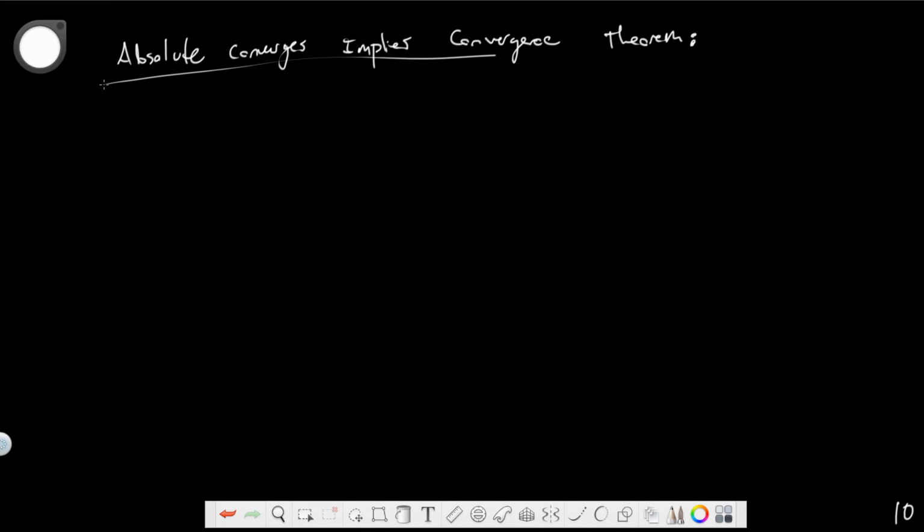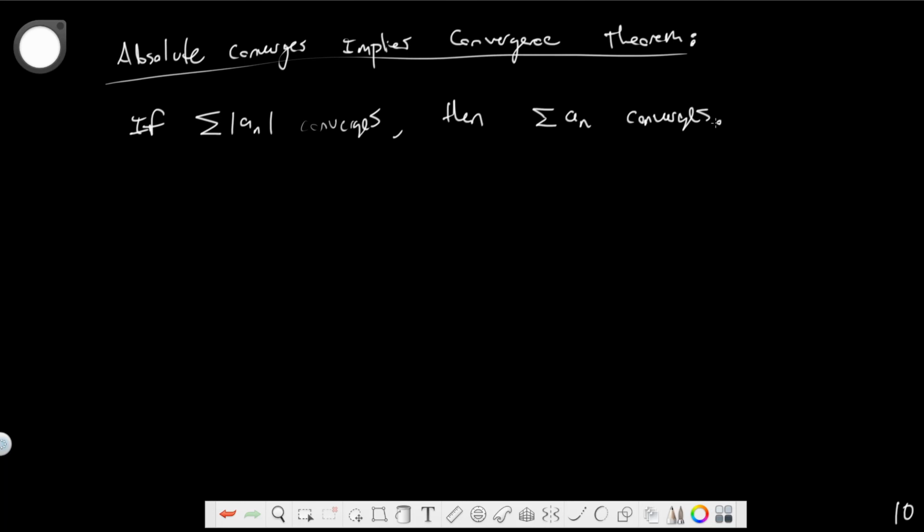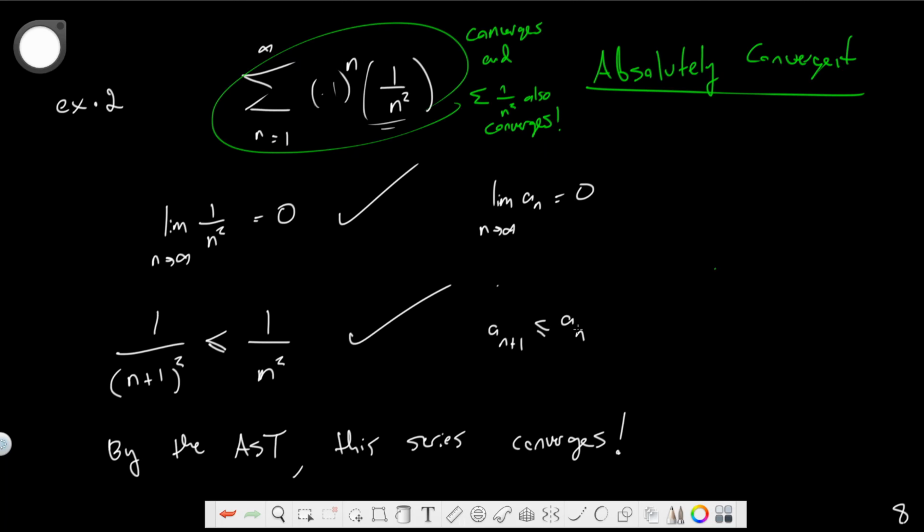If the absolute value of a series converges, then the series itself converges. Let me go back a few pages, as I've been doing, and kind of talk about